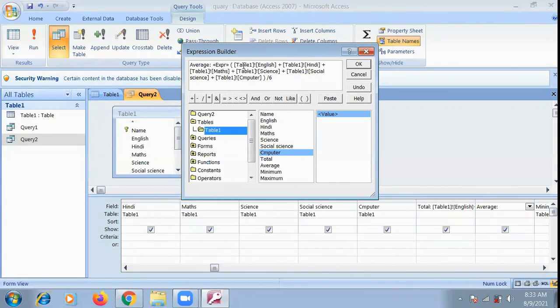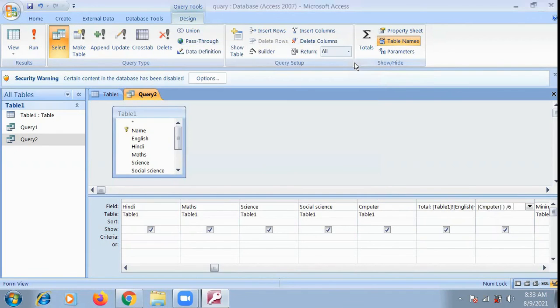Now here you can see Expr is given, so I'm going to delete it because the symbol that I need is already given. Now this is the complete formula to add first and then divide by 6.